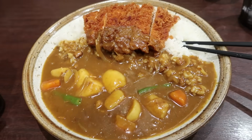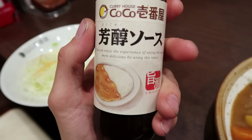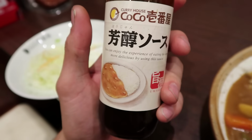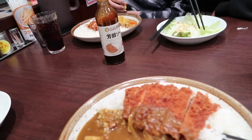This food looks great, but you know what would make it greater? If I could enjoy the experience of eating the curry more delicious by using this sauce. Try it. No. Is it that bad? It smells really bad. Just smell it. Oh, it smells like soy. It smells like soy vinegar. Definitely smells like